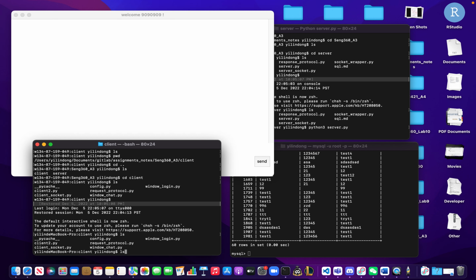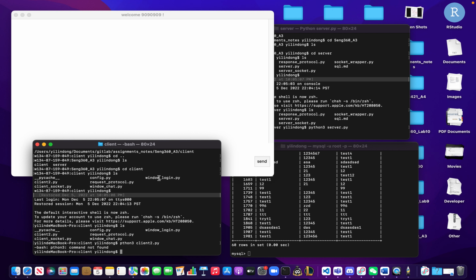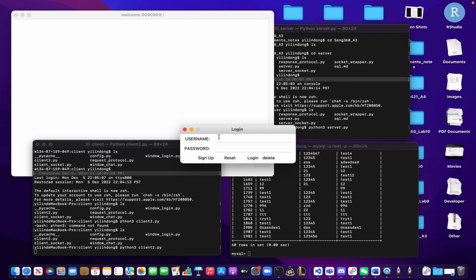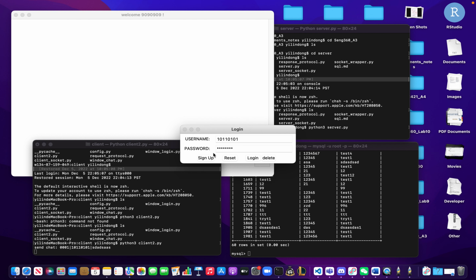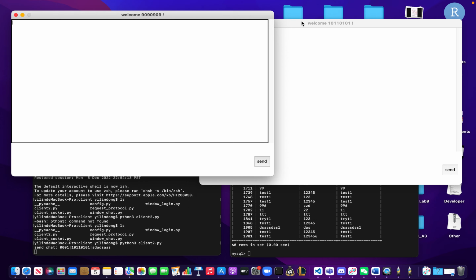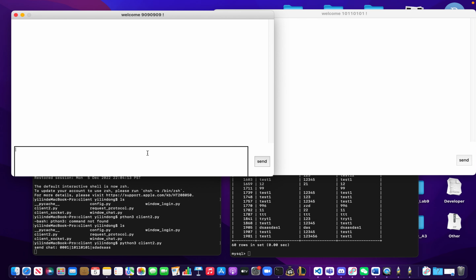And then we do the same thing with the other client. We register another account, which does not exist. And if we sign up, it will also bring us to the chatting room. So basically, you can just send a chat,